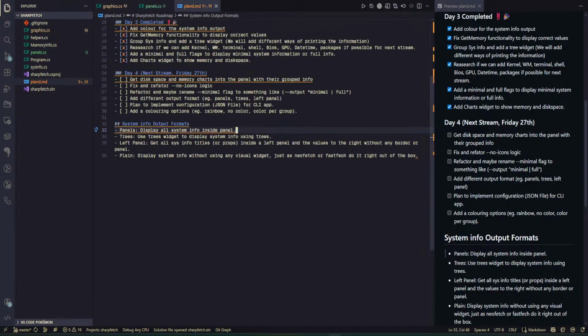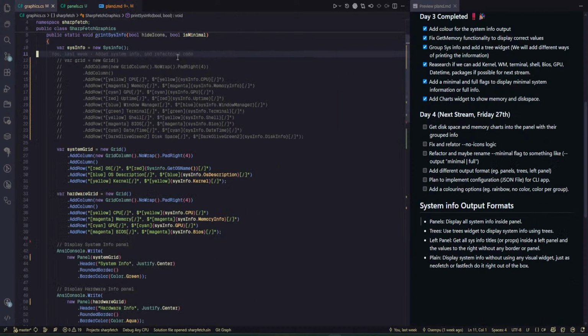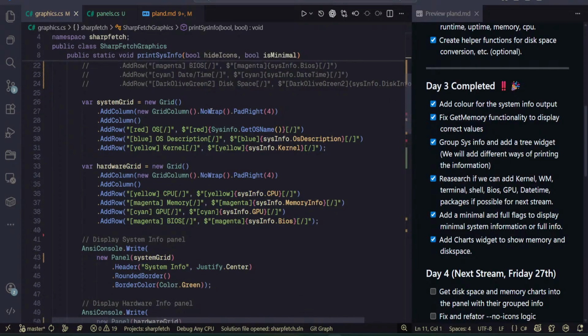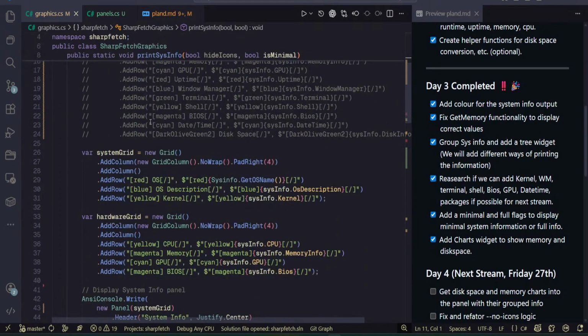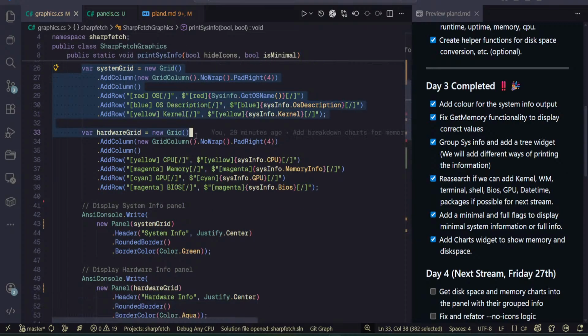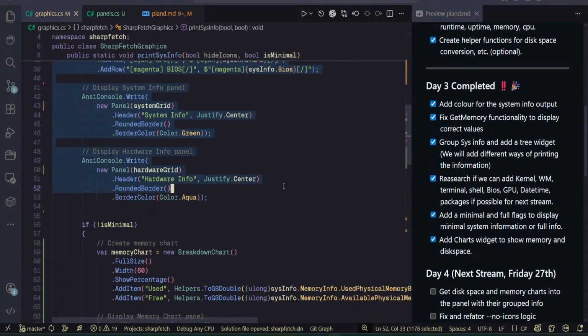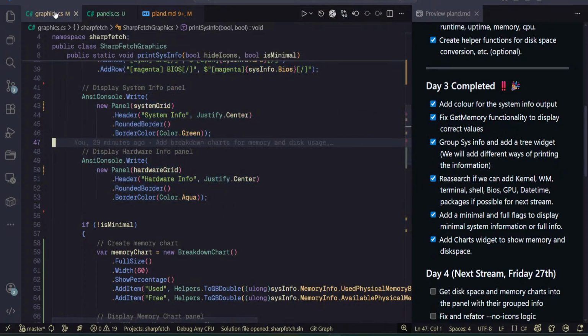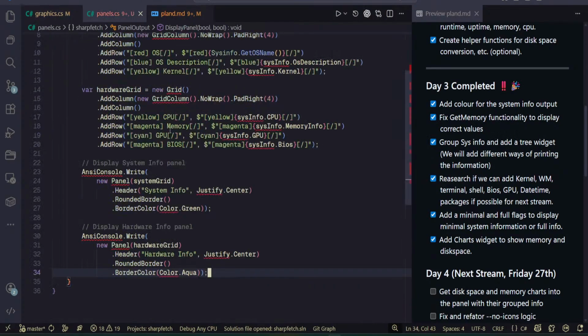And I'll make this a little bit bigger so you can take a good look at it. So for the panels, we can actually take all of this and pass it here,